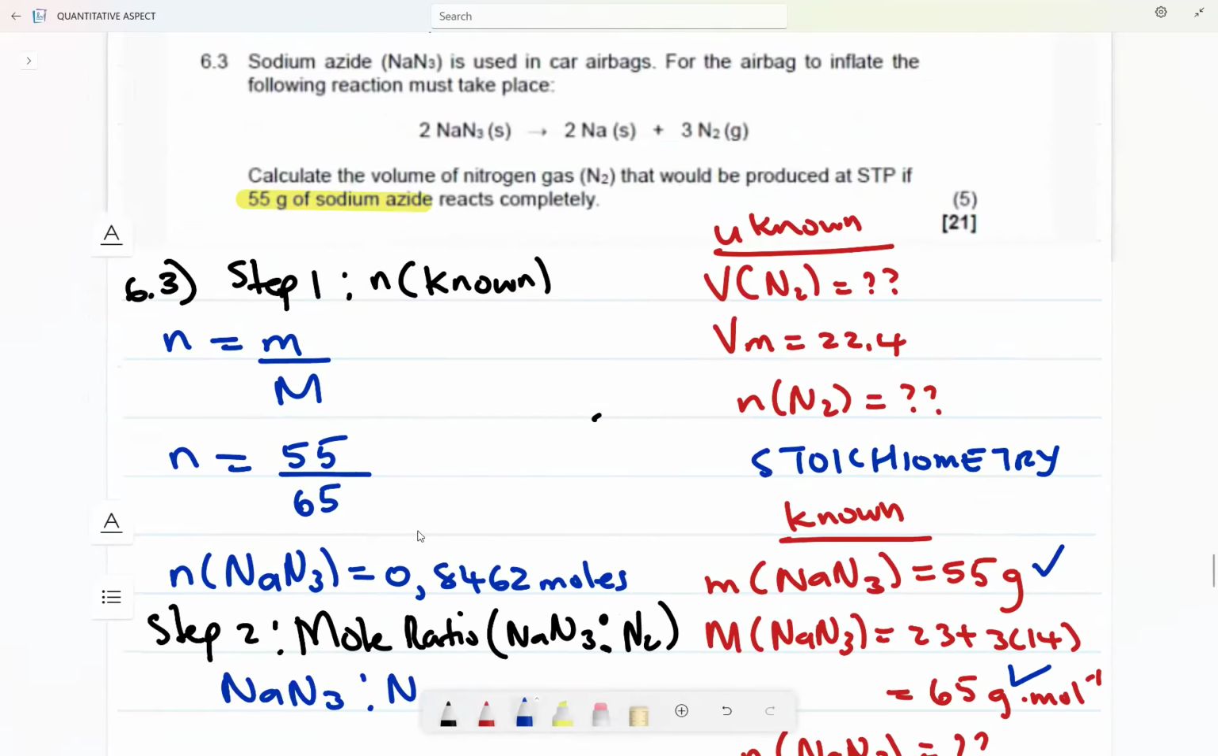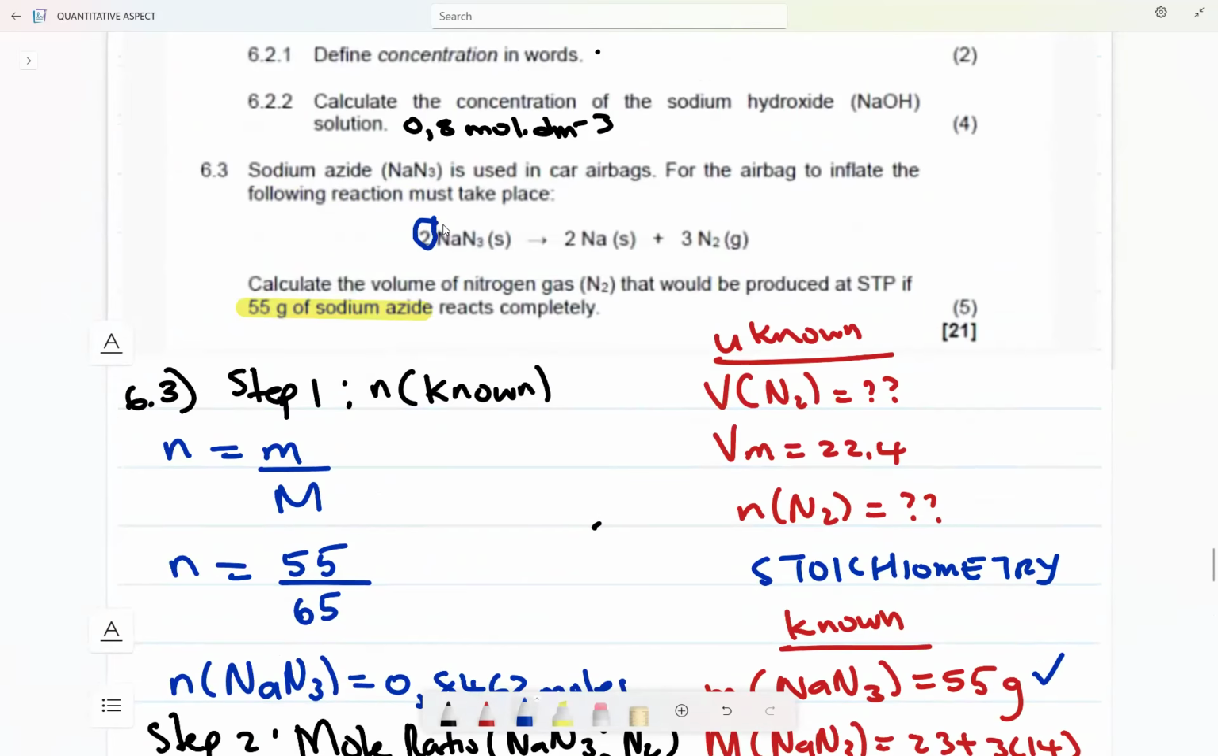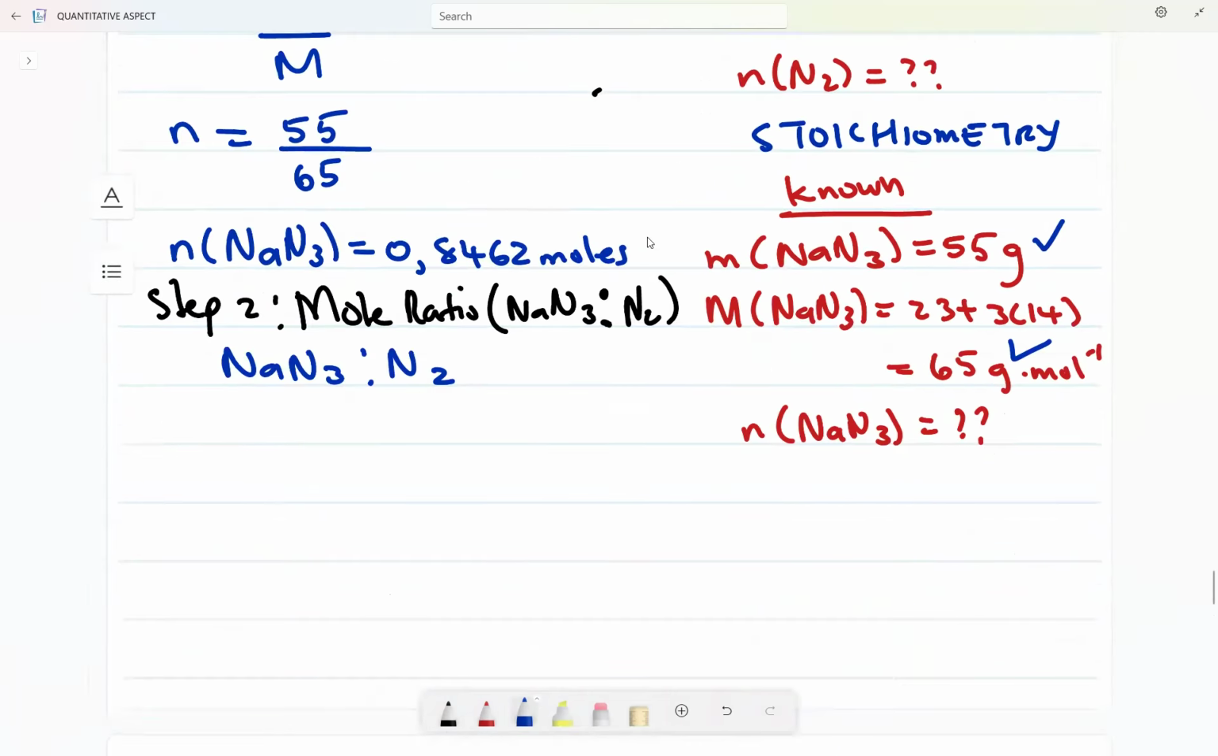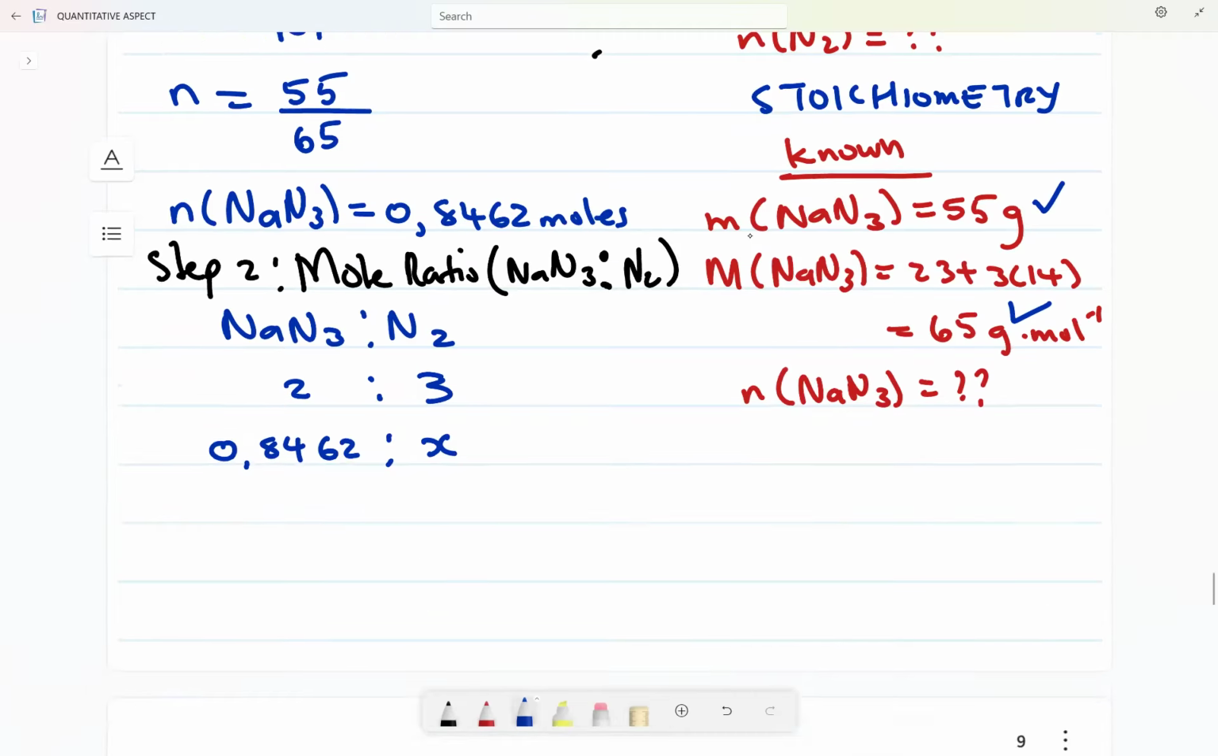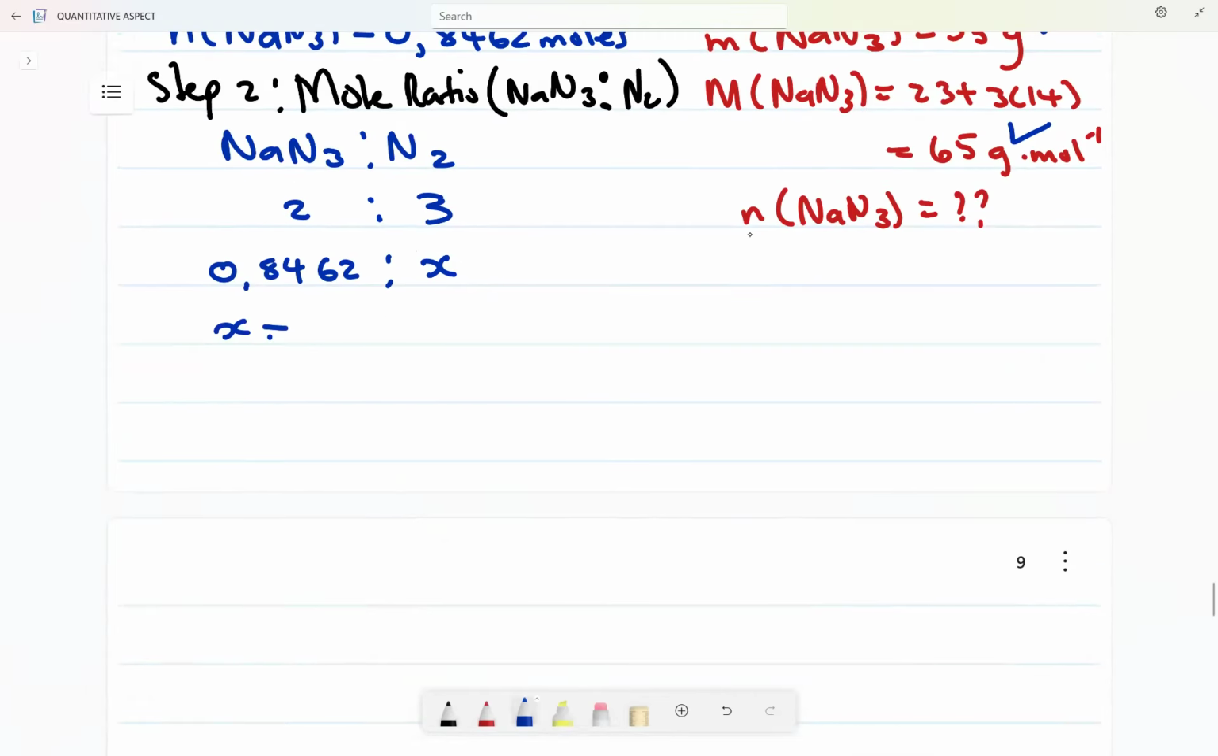Let's look at that. NaN3 is 2 here, and N2 is 3. So it is 2 is to 3. Then what is the number of moles of sodium azide? It is 0.8462 for the 2. What is this one? I'm looking for that, X. So 2 multiplied by X gives me 2X, which is equal to